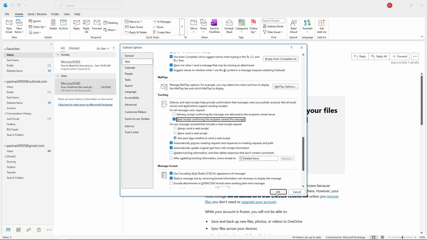Keep in mind that some email providers and recipients can choose to decline sending red receipts, so you won't always receive confirmation, but having this feature enabled gives you the best chance of tracking your important